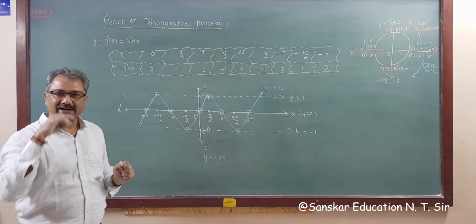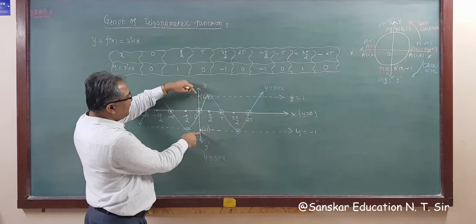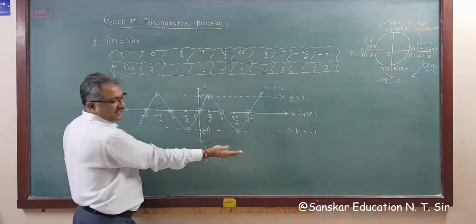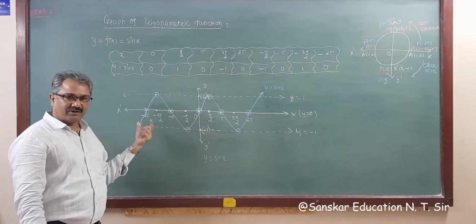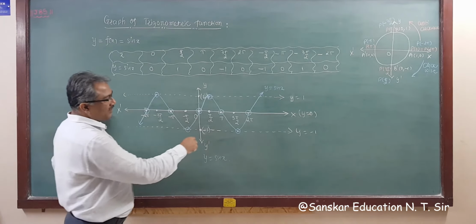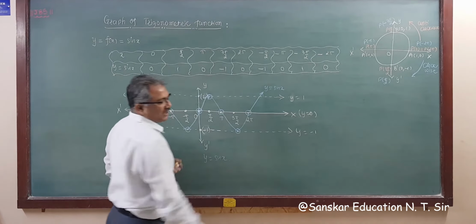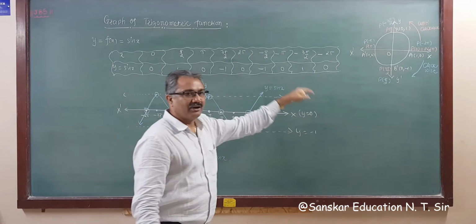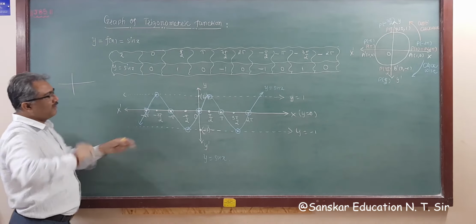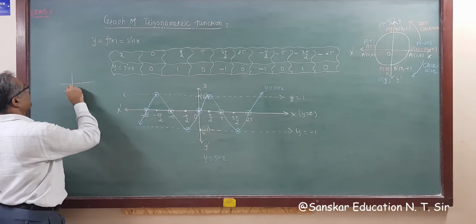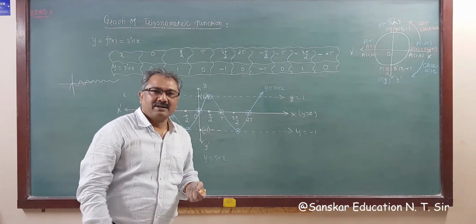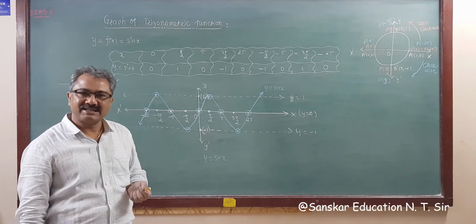Now observe from this graph, the range of this function is minus 1 to 1. So no point exceeds plus 1 or minus 1, right? That you know. And the domain of this function is R. If you put more points, the graph will continue further, and it will keep going like this, always passing through the origin, curly curly curly, right? So this is the graph of the sine function.